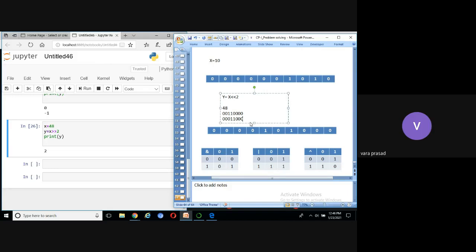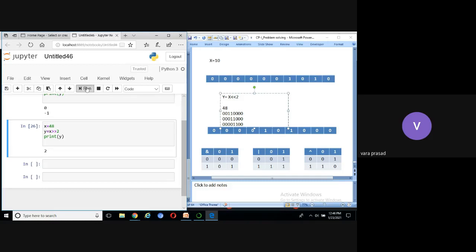Again, move all the bits to the right one more position. The output is 0 0 0 0 1 1 0 0. Now what is the value? 4 zeros, 1 1 0 0. You can skip the leading zeros. The output is 1 1 0 0. What is the value? 12. Now we can run the code here. The output is 12.